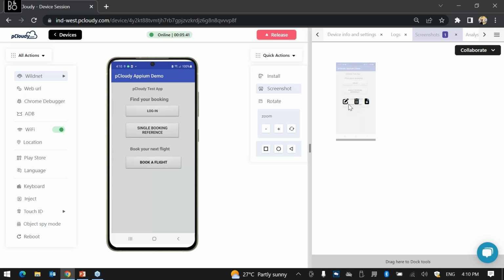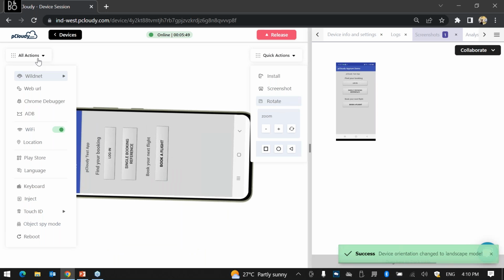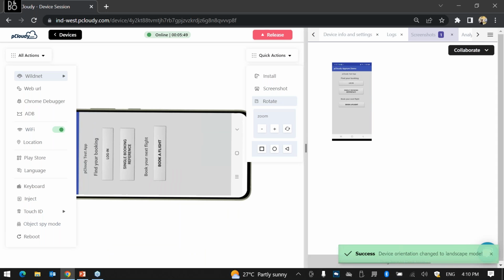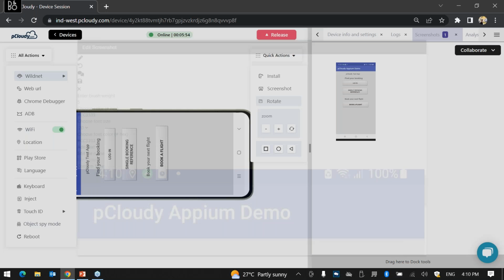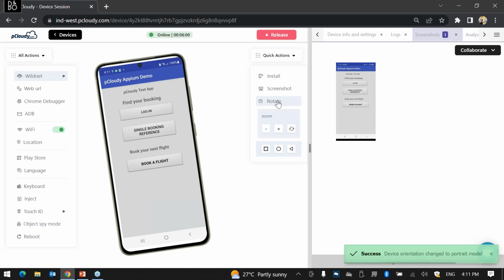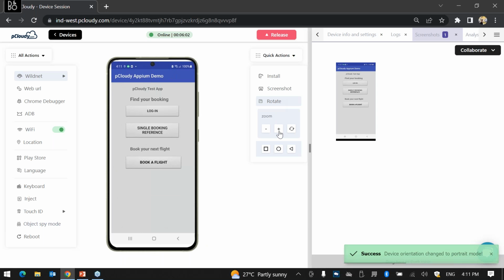Screen rotation can also be done. You just have to click on rotate screen. The screen will be rotated, provided your app is supported. Yeah, so sorry, this is how you edit the image. Any specific issues, you can right click on that. So that's how you rotate the screen, and there is zoom in and zoom out functionality for you to zoom in if there are any UI quality changes on your app. You can pretty much zoom in and zoom out.